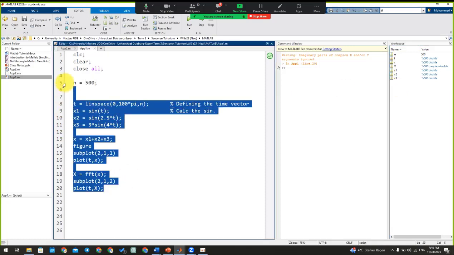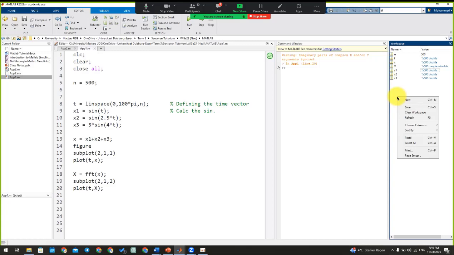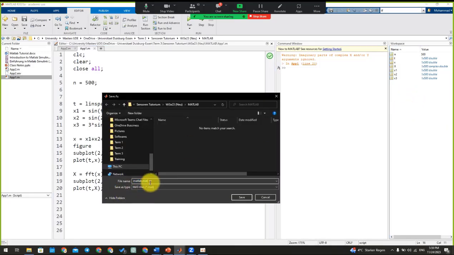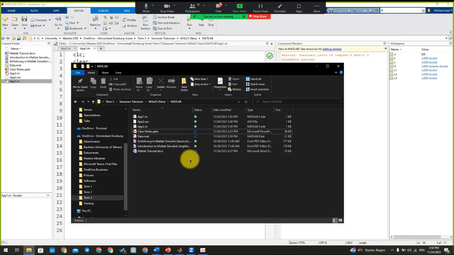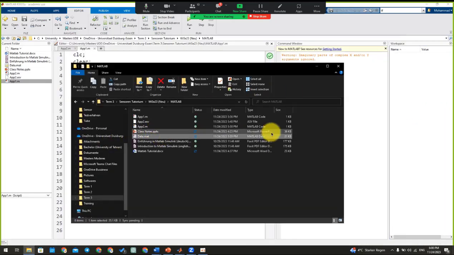You can first run the first section, which is really time costly, and then you can right click and click on save, and then you can save the whole workspace, or all the variables that you calculated and defined in the workspace. You can save them as a mat file. You can save them here under data, for example, and click on save. And as you can see here, we do have data.mat, and if we clear the workspace here and double click on it,